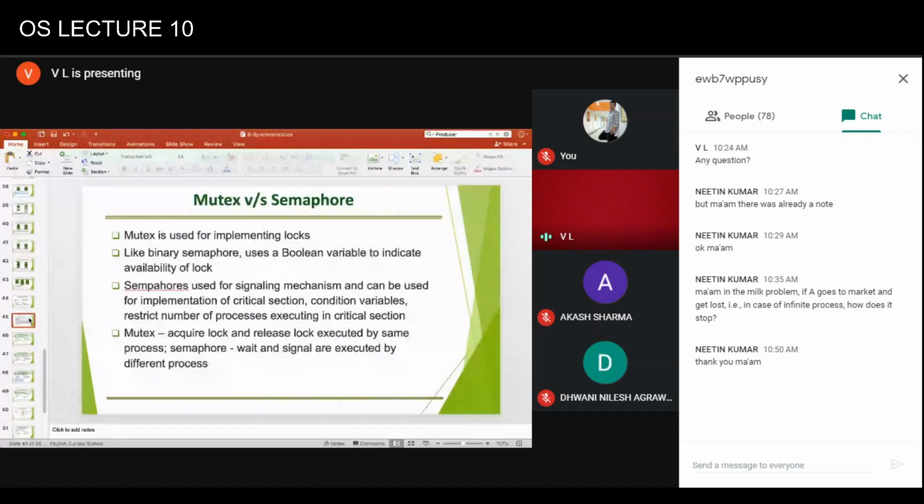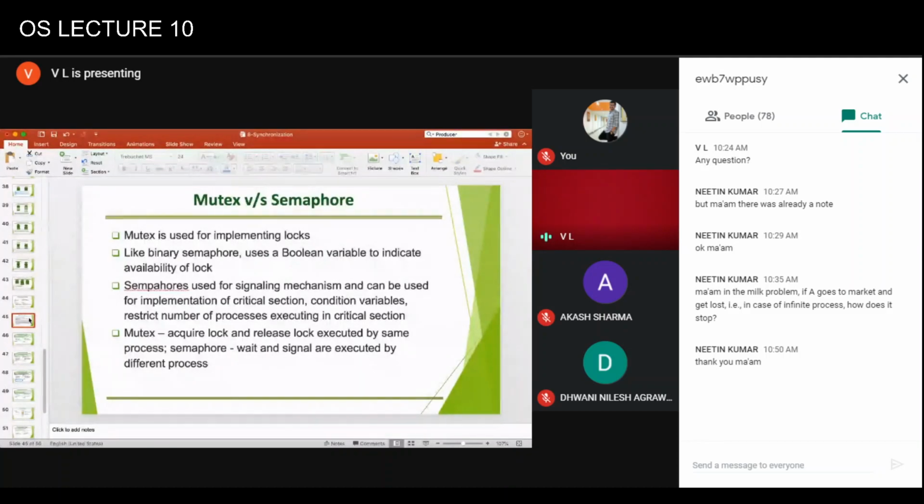Semaphores, if you are talking about integer semaphores, can be used when there are multiple resources. They can be used as a signaling mechanism. So when you use semaphores as a condition variable, you call wait in one process and signal in another process. This is a kind of signaling mechanism. A mutex cannot be used for this kind of signaling mechanism.